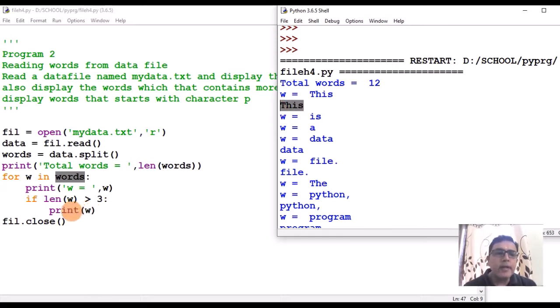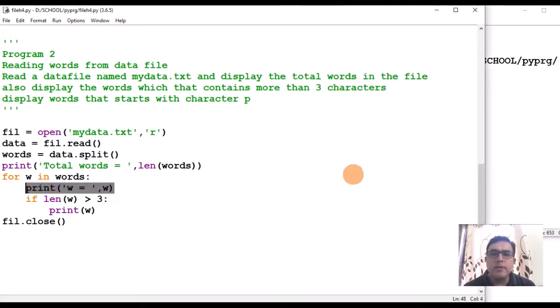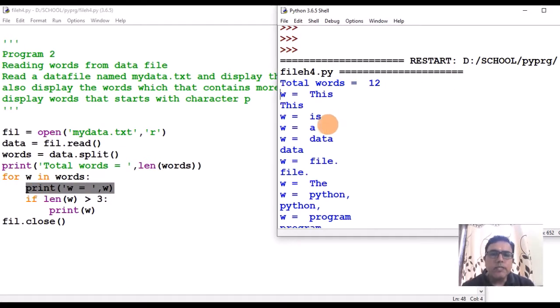Print W. Then it has taken the next word. What is the next word in the list? This print statement has displayed the word, right? Here you will see that word. Then it is checking if length of W, length is 2, it is not greater than 3.